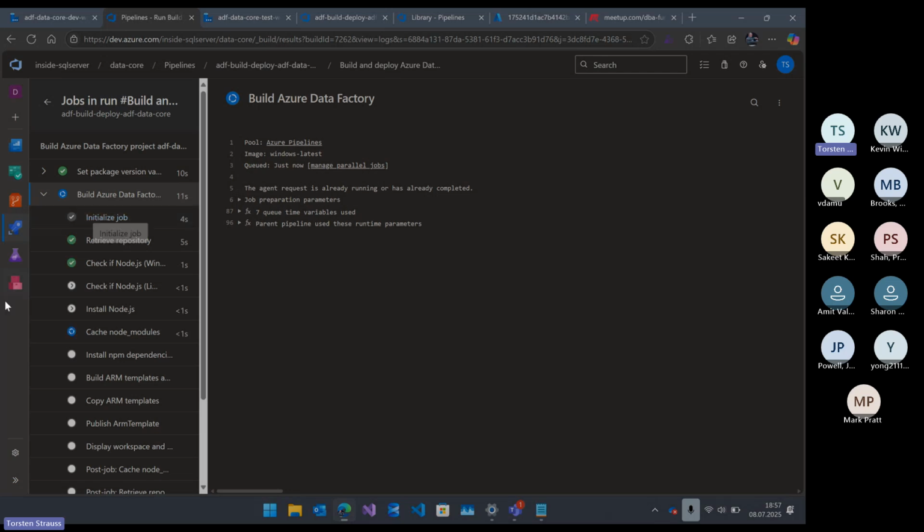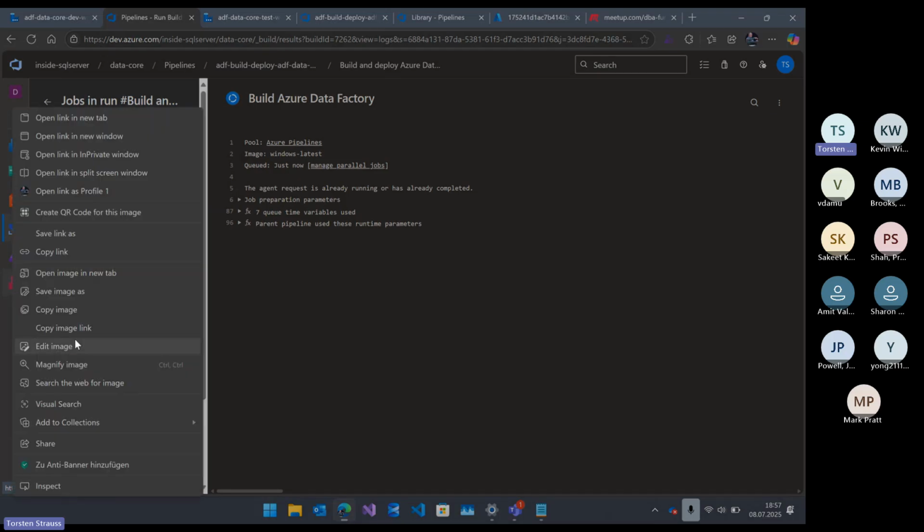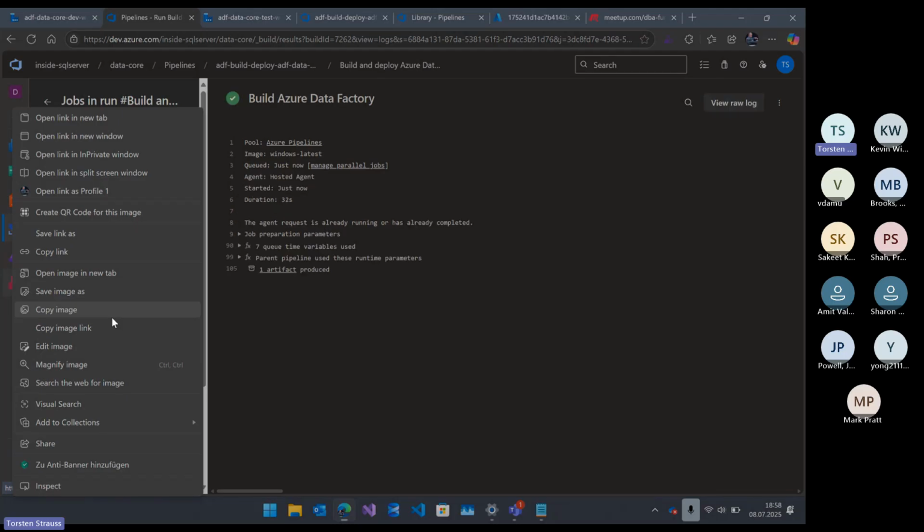What I can do in the meanwhile is open the artifact feed, because I already have a lot of artifacts available. You remember that I mentioned it's a good idea to bring the ARM template to an artifact feed. So what is an artifact feed? An artifact feed is something where you can publish the result of the build, which is called an artifact. In our case, it is an ARM template, for reusability, for auditing, for monitoring, and for sure you have the possibility to roll back to a specific version, because the ARM template, which will finally be published when everything went well as part of the YAML definition,